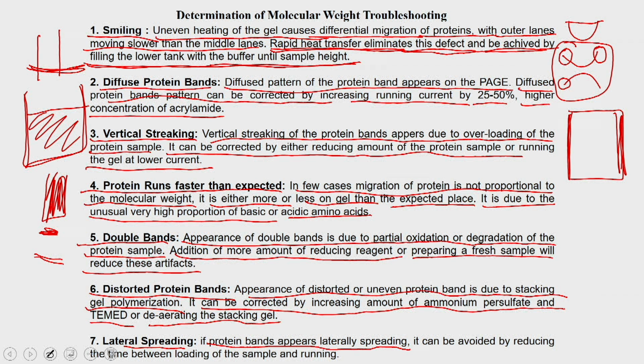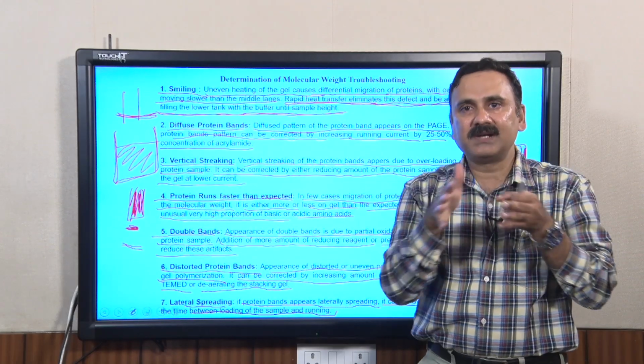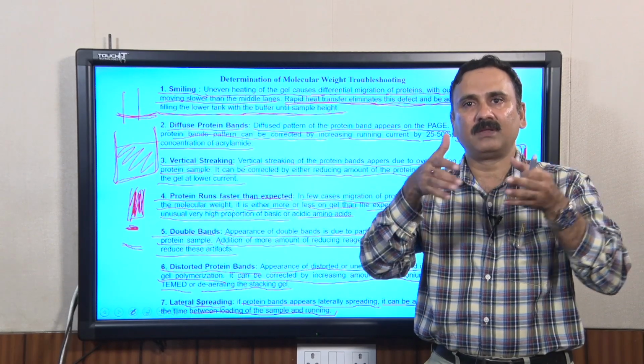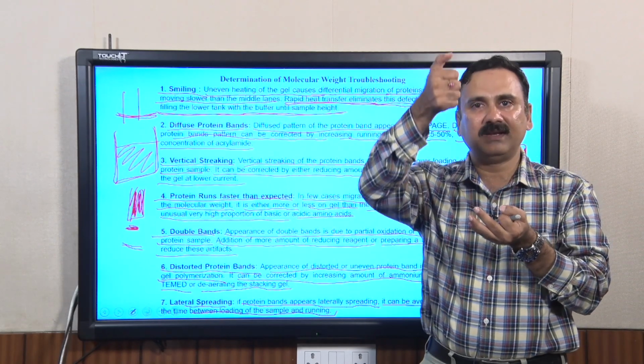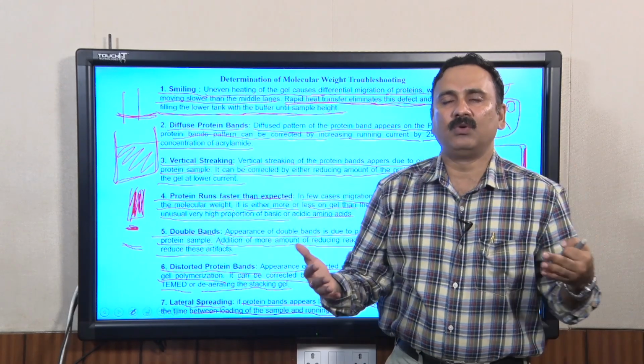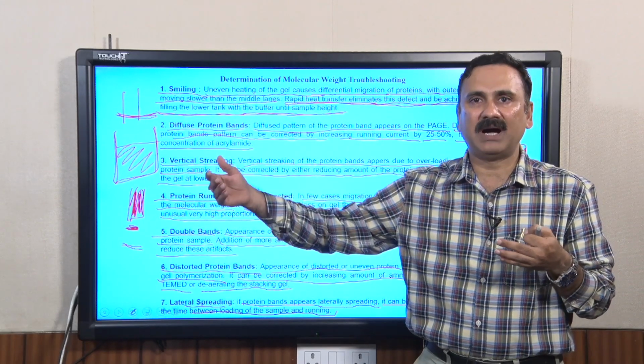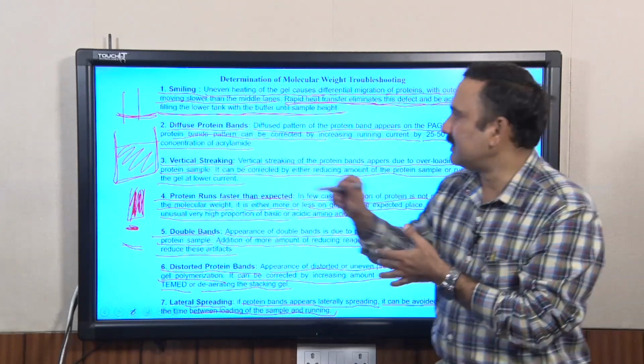Okay. So, it is spreading throughout outside the lane actually. So, it can be avoided by reducing the time between the loading of the sample and running. What happens, why it happens, is that when you load the samples, they start diffusing. When you load the sample it goes and sits into the lane, but if you take a very large amount of time to connect it to the power pack and turn on the power, then the bands start diffusing